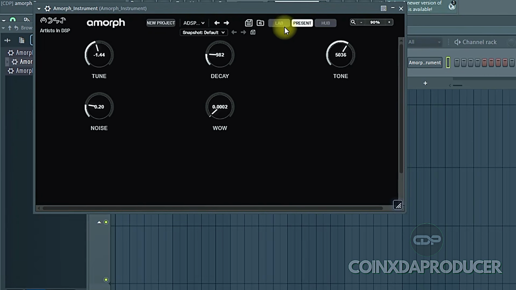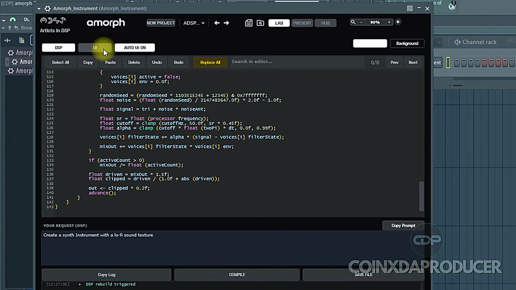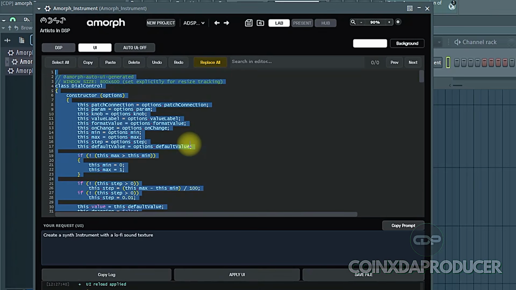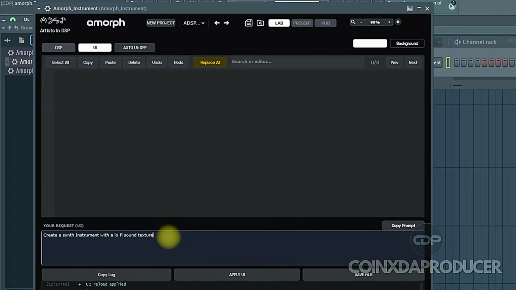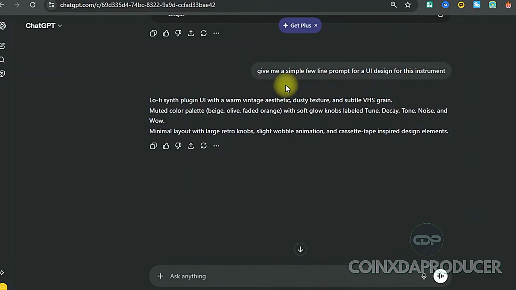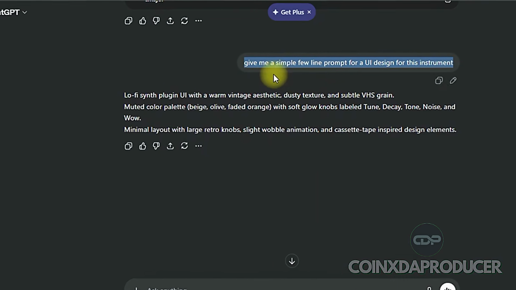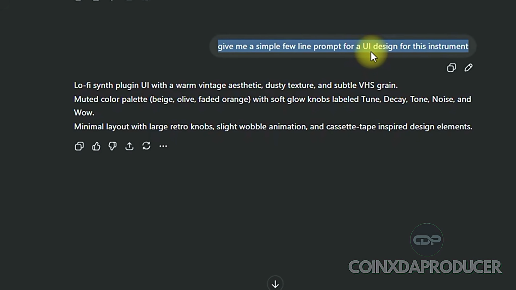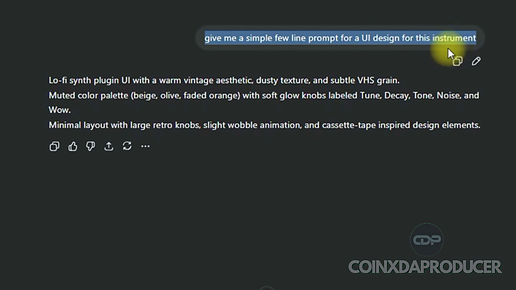And let's say you want to now create a desired UI you want. You come over to the UI, turn this one off, and then delete here. Now we tell it exactly what you want. And if you don't have an idea of what to do, you simply head over to ChatGPT, and this is what I told it. Give me a simple few line prompt for a UI design for this instrument,